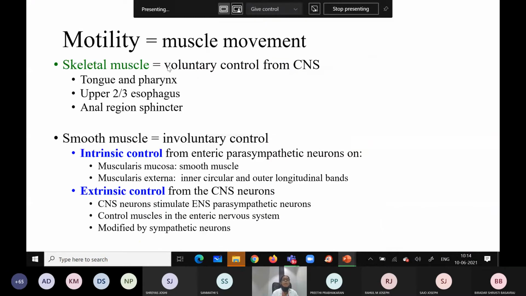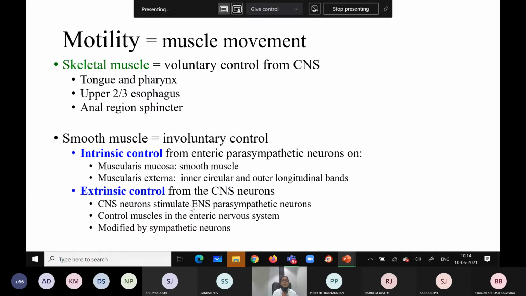So our GIT has skeletal muscles also. Skeletal muscles are already under our control, like the tongue and pharynx, the upper two-thirds of the esophagus, and the anal sphincter. So we have voluntary control over these muscles, and smooth muscles are involuntary, and they are supplied by what I